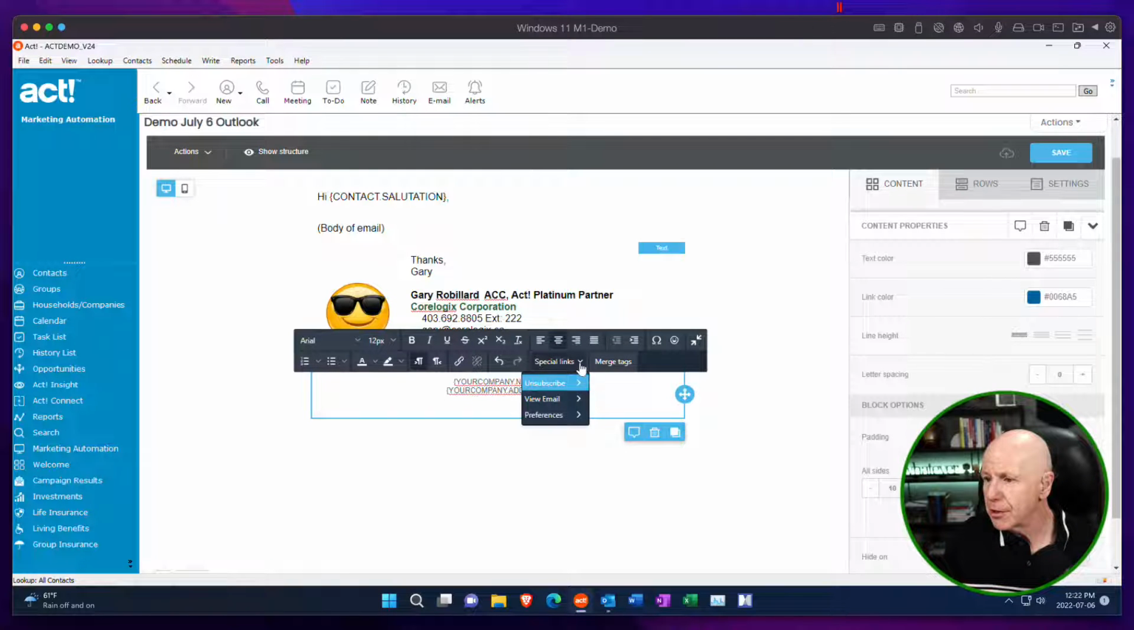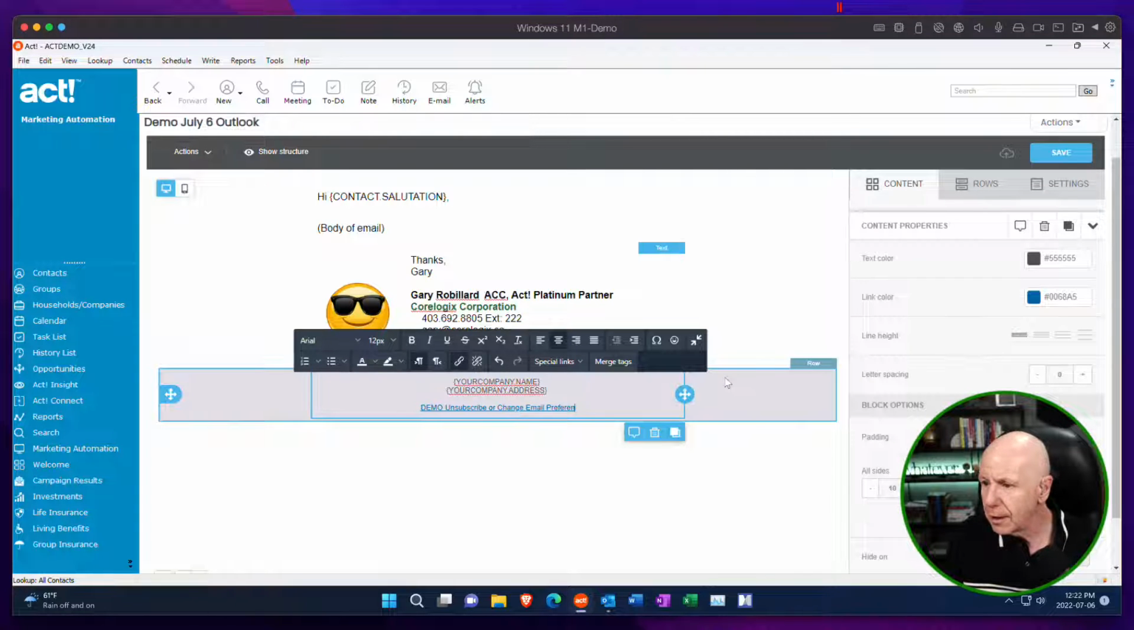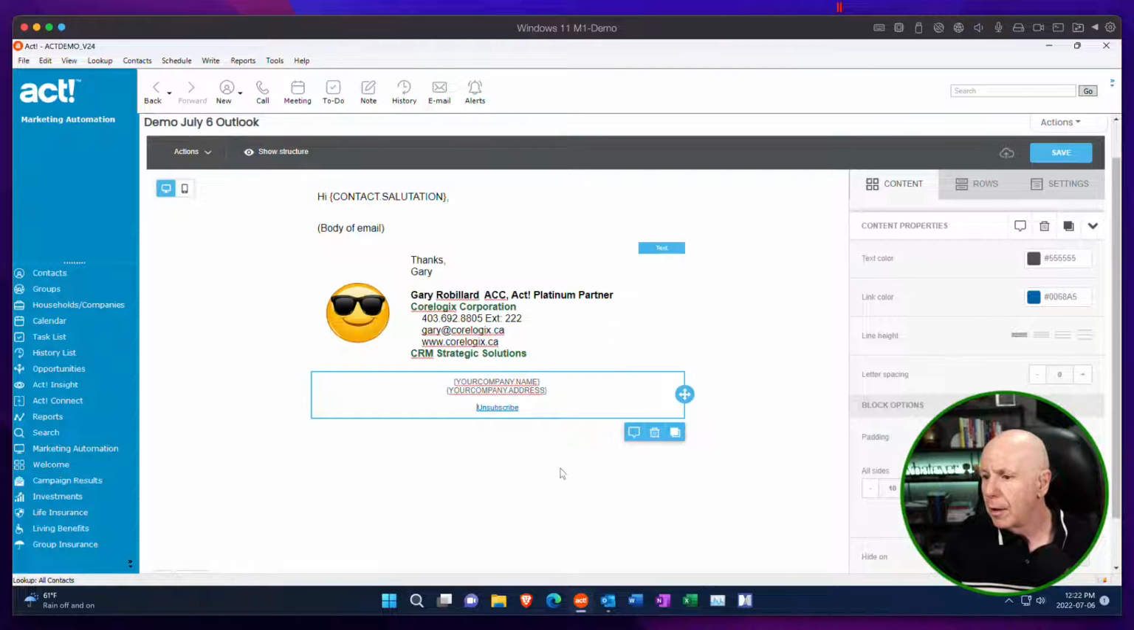And you're going to go over to special links, and you're going to go to preferences, and there's my demo unsubscribe. That will bring it to the other. So all I have to do then is just delete. I can edit this text and just say unsubscribe. And typically, my unsubscribe one here,